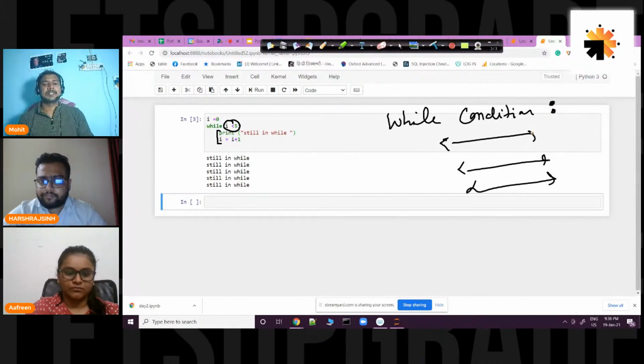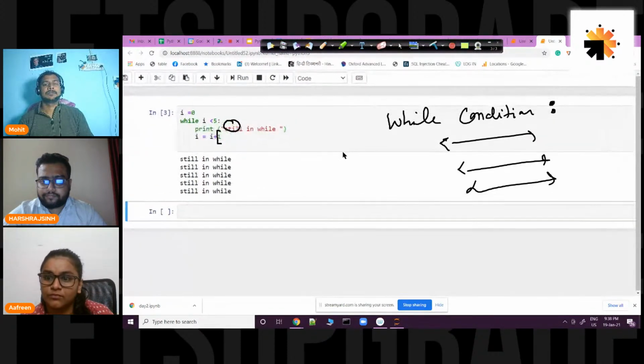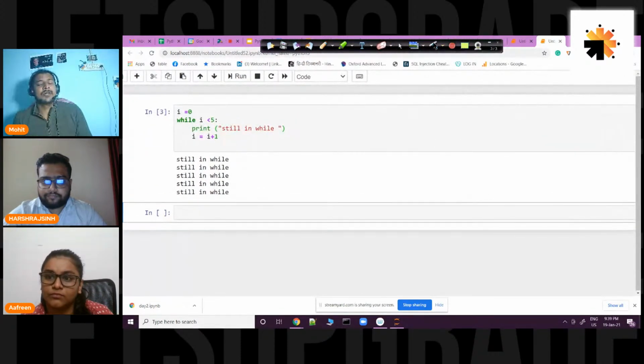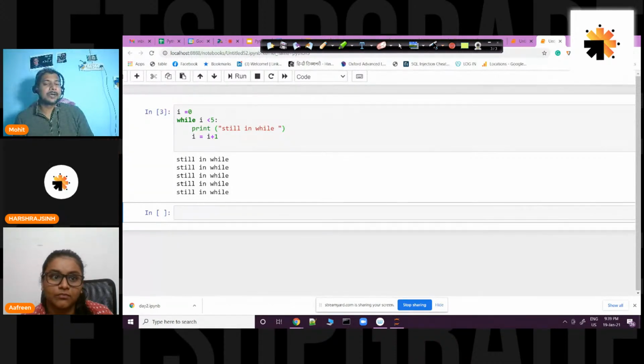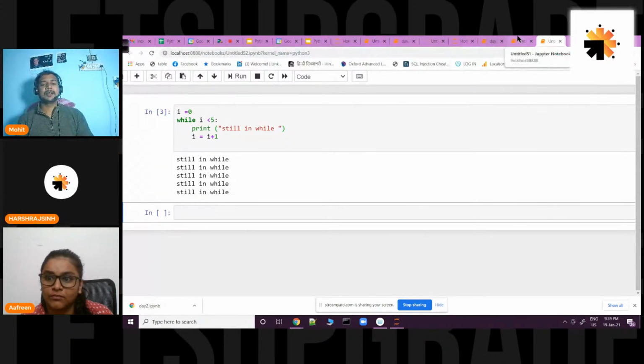Okay, zoom. People are saying zoom. So let's zoom it a little bit. Okay, so this is the structure of the while loop. I hope you are getting the sense of the while loop. In this way we can use the while loop. You can try at home how we can get the